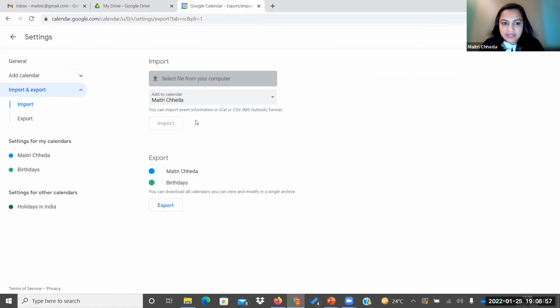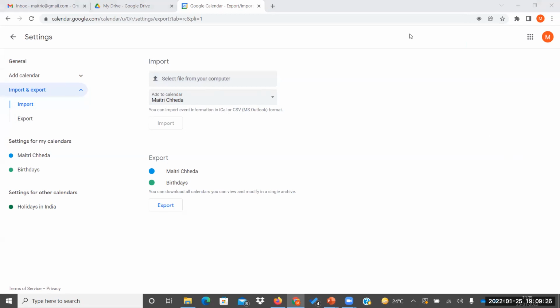The moment you do that, you will be able to sync between both. See over here, you can import events in iCal or CSV file, MS Outlook format. So if either of the calendar events is updated, it will be updated at both the places. Yes, both the places. Import over here, settings and import. That's all you have to do. You have got import and export both, and you can integrate. And sorry, for your Windows, I don't think there will be an online syncing which will happen.